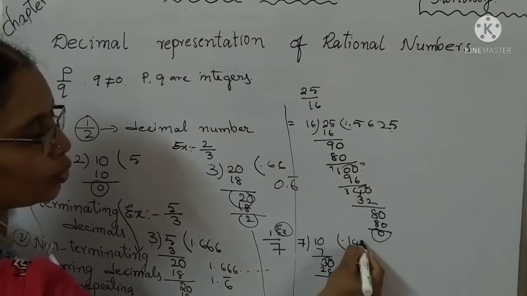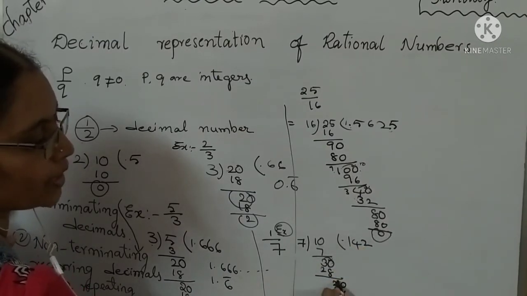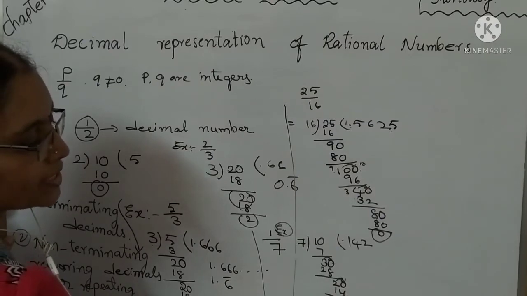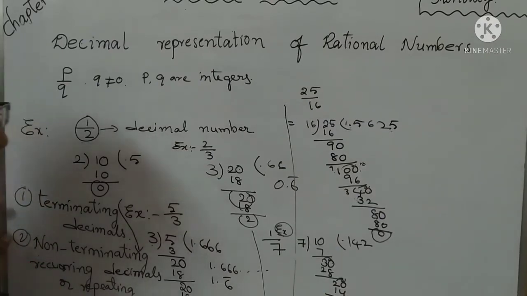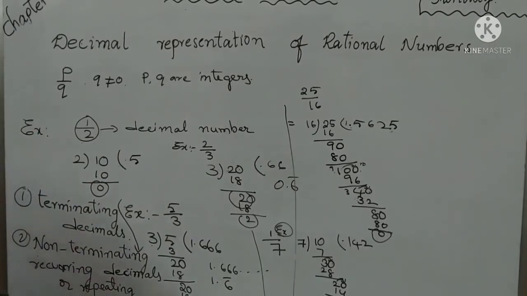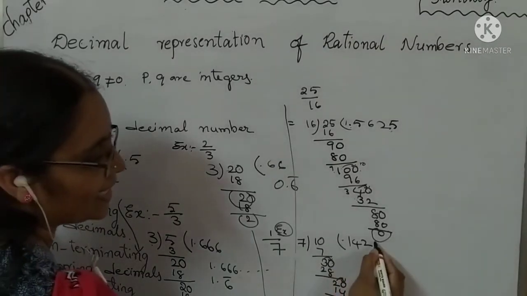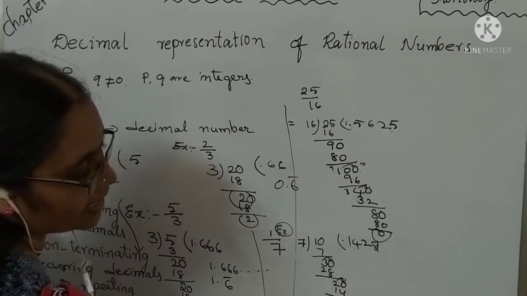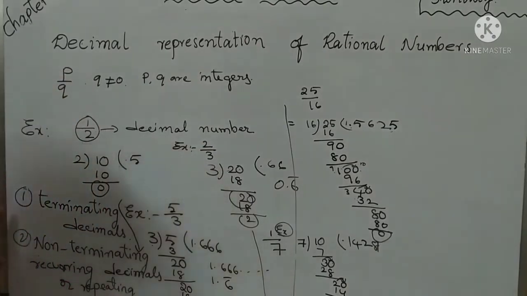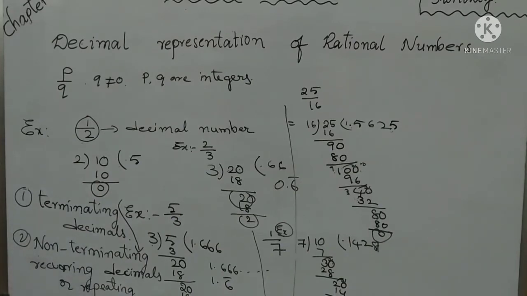So, again take the 0, 2 times is possible, 7 twos are 14. Here write 10 minus 4, 6. 1 minus 1, 0. Again take the 0. Seventh table. 7 ones are 7, 7 twos are 14, 7 threes are 21, 7 fours are 28, 7 fives are 35, 7 sixes are 42. 7 sevens are 49, 7 eights are 56. So 7 eights are 56. Remainder 4 is there. 60 minus 56, 4.